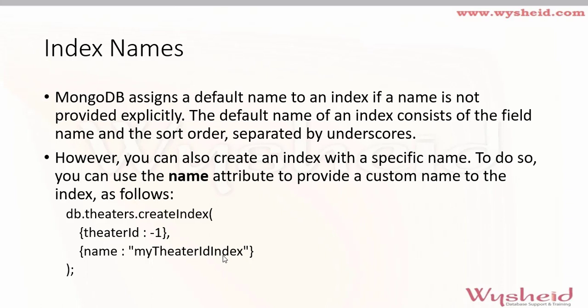I hope this topic is clear for you. We have learned how to create an index. We have learned what the default index on MongoDB is. The default index will be on the _id field, and we have learned how to create a single index, that is an index with one field. We have learned how to create a compound index, and also how to list the indexes on the collection, and how to provide a name for the index. Now let's see the examples for this.